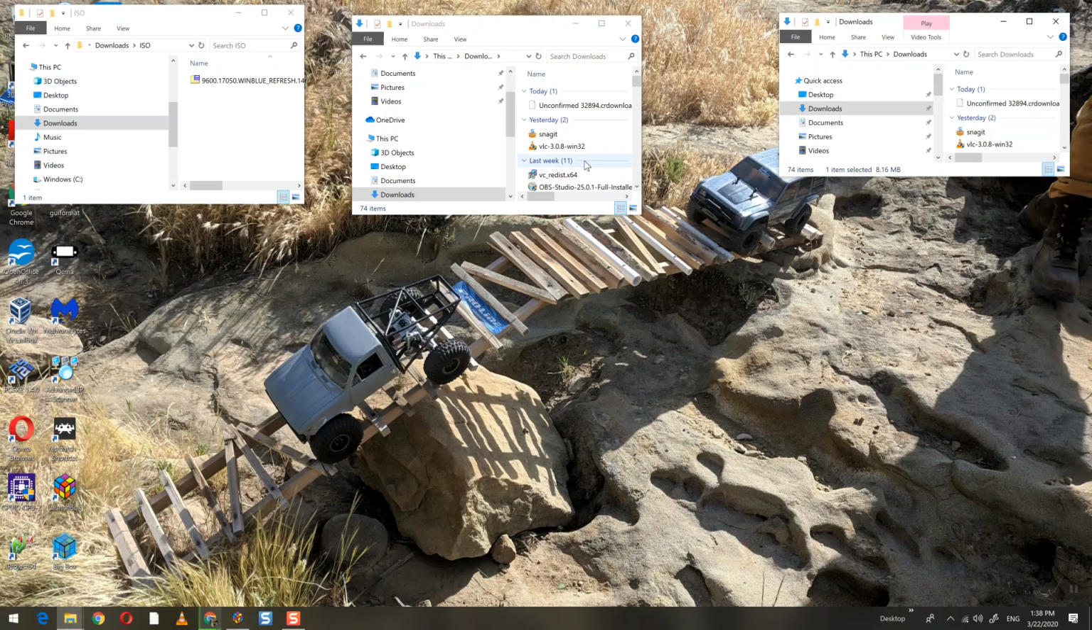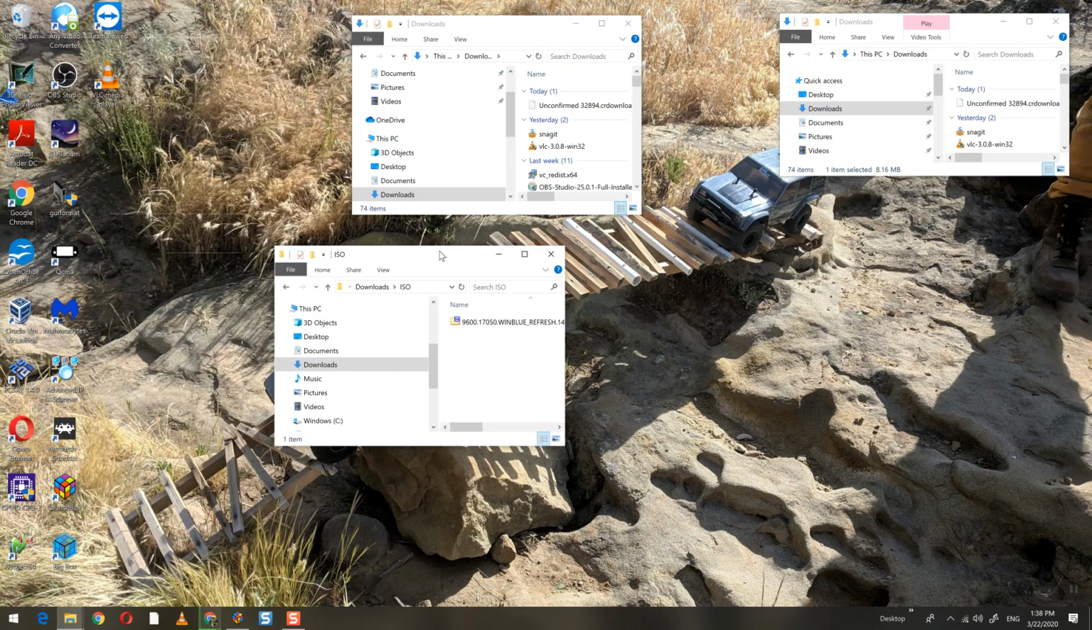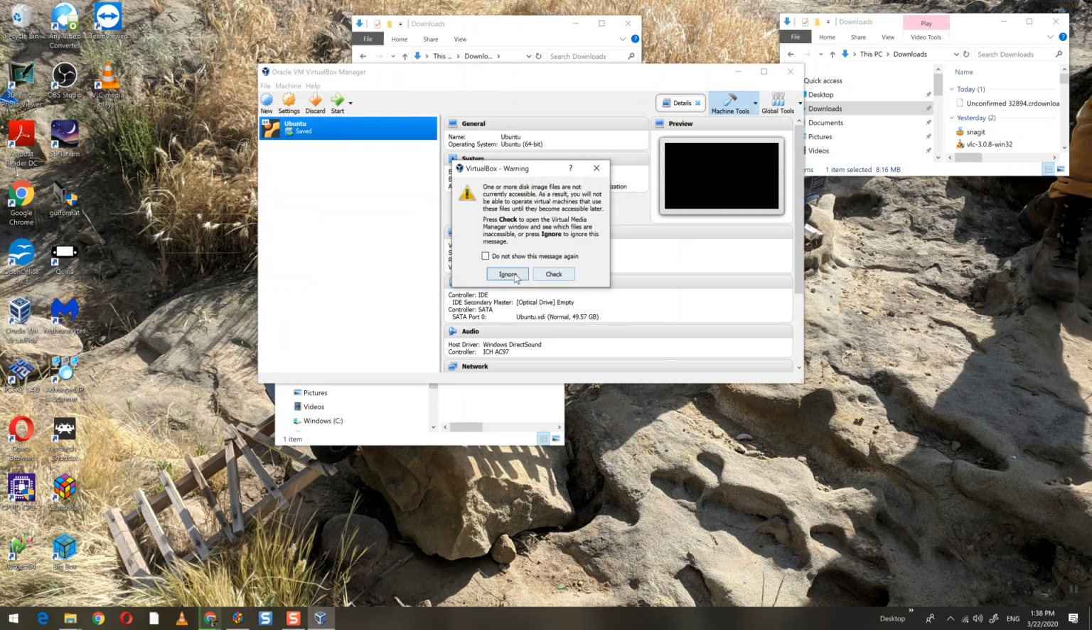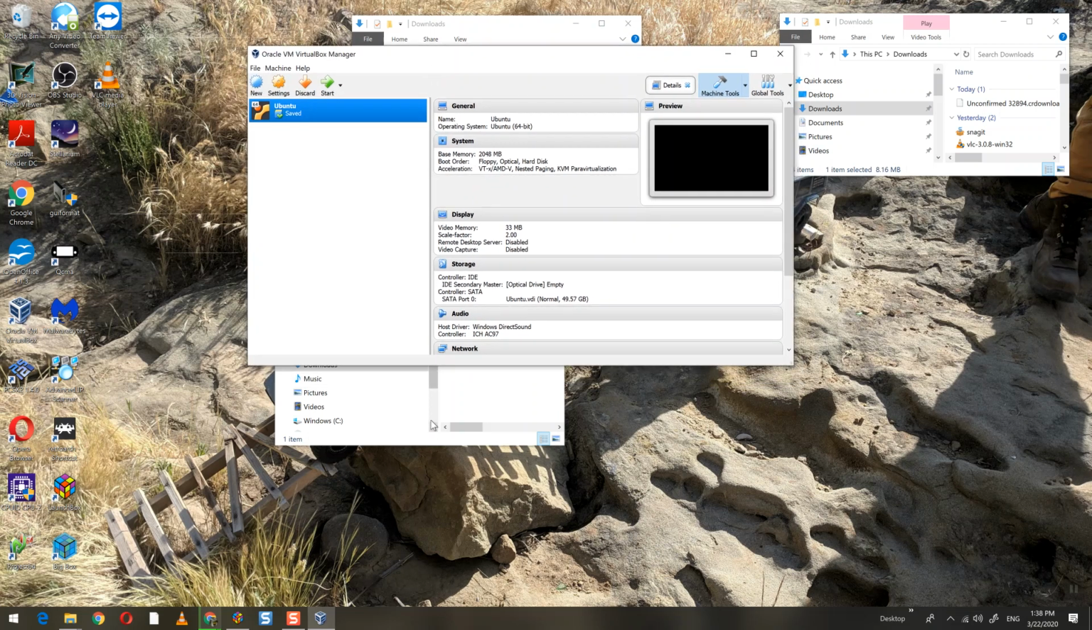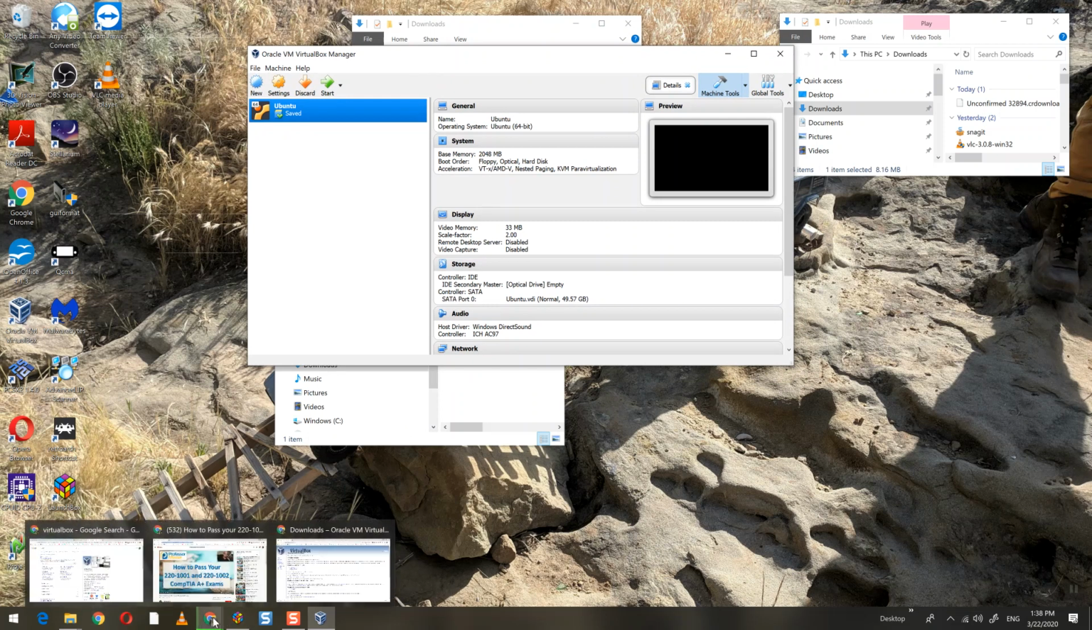So we'll minimize this, get this out of the way, and look for the VirtualBox icon. And here it is. It says Oracle VM VirtualBox. So let me click on that. So this is after it's been installed. And I'm going to ignore this. I have a little bit of an error on my Ubuntu install. So anyway, let's go through now and add a virtual machine. Actually, before you do that, let me open my browser up,